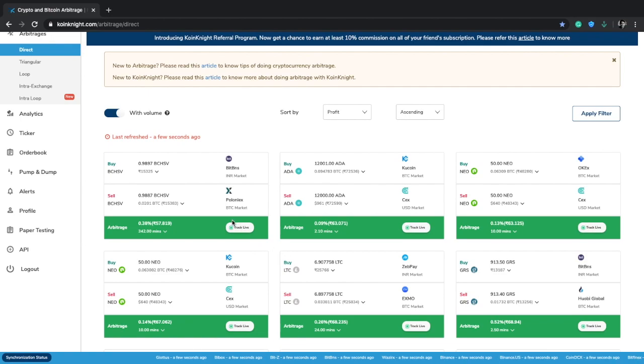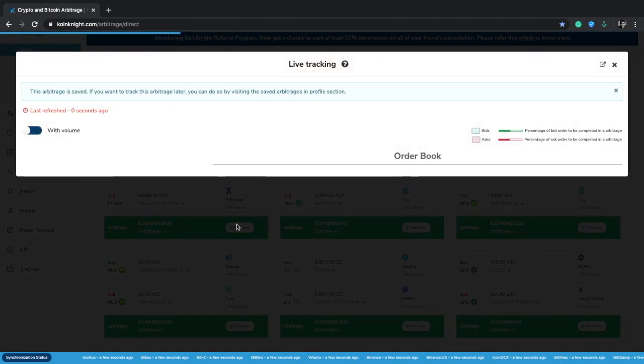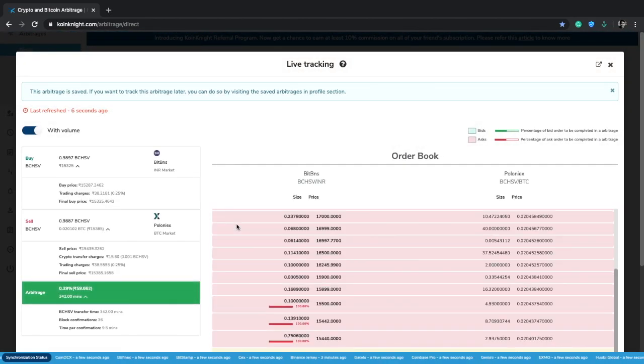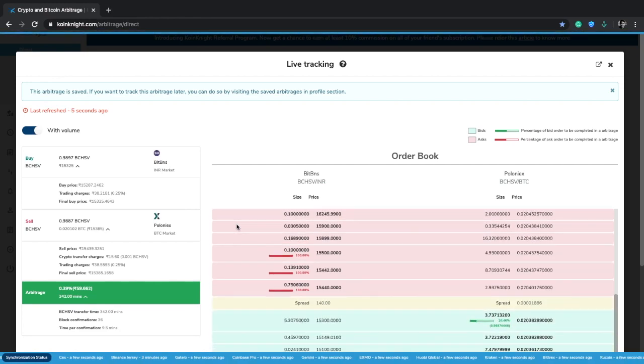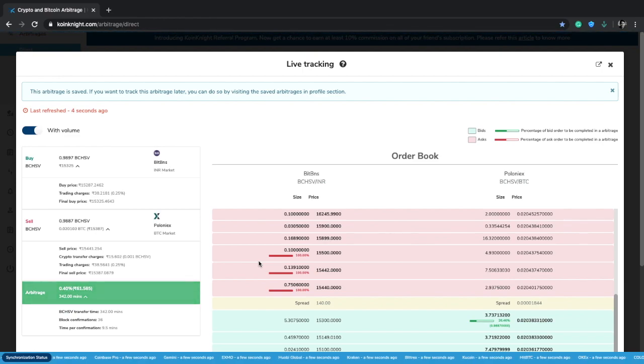So let's visit this live track option again. It's very similar to without volume arbitrage live track option, but with one very noticeable change. In this, we show you exactly how much you have to buy at each level of the order book. The thing to note here is that for getting the maximum profit, you have to buy the same amount at the mentioned prices and sell it accordingly. So if you buy more than the mentioned amount, your profit will reduce. And if you buy less than the mentioned amount, then you'll earn a profit and you'll either have the same amount of investment or more.